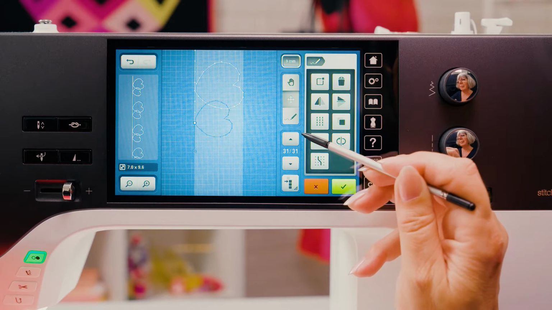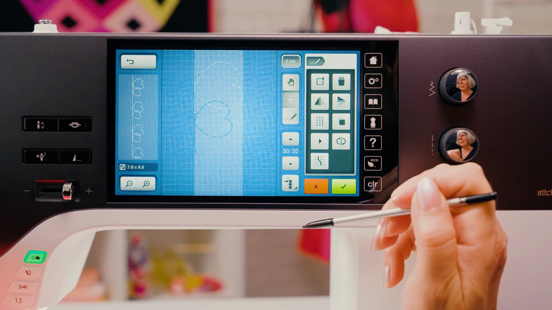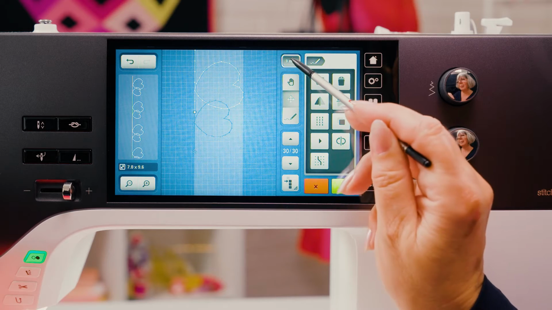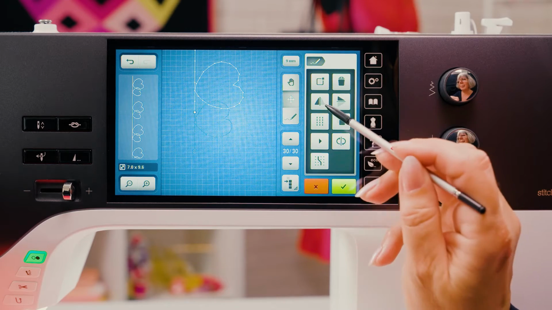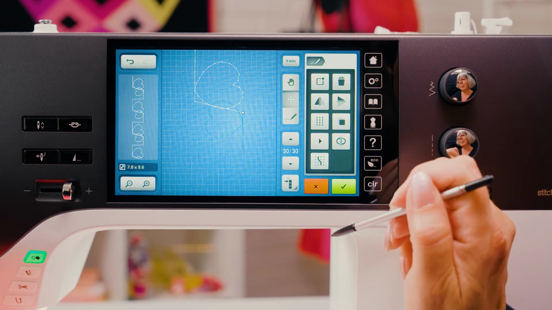The 9mm stitch width limit can be deactivated to enable wider decorative stitches. Mirroring and moving the pattern.